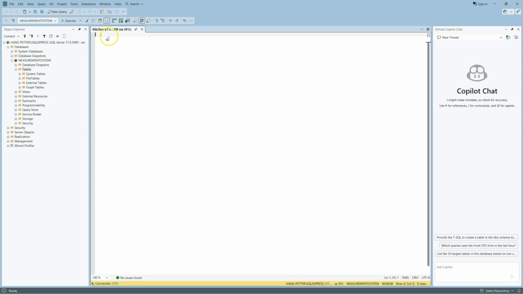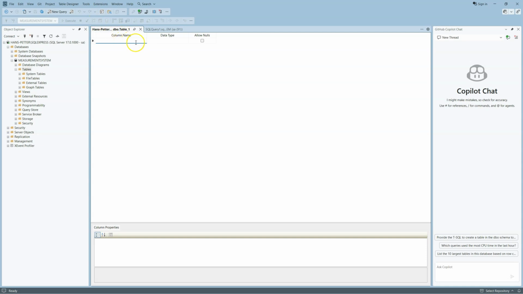And then you can create an SQL query to create one or more tables, or you can open an existing SQL query that you have already created in another software, or you can also manually create database tables. Basically, you can right click on the tables and then select new table,